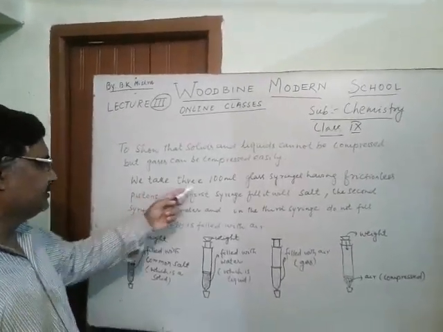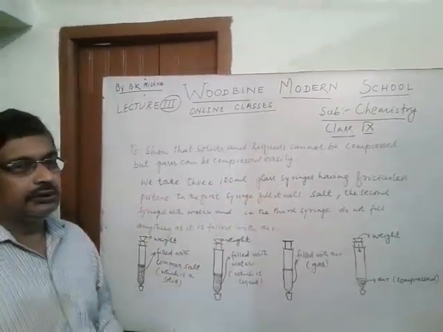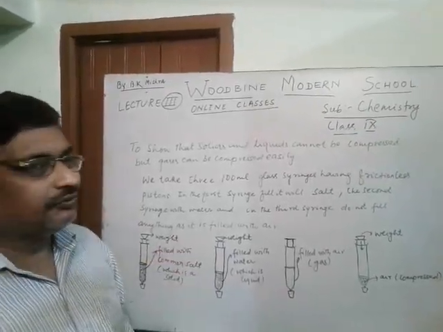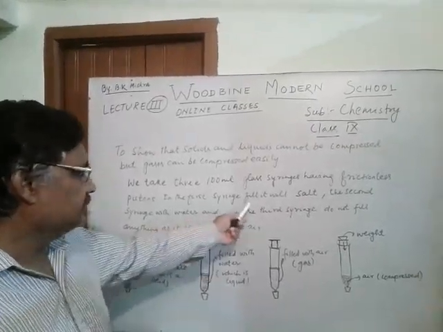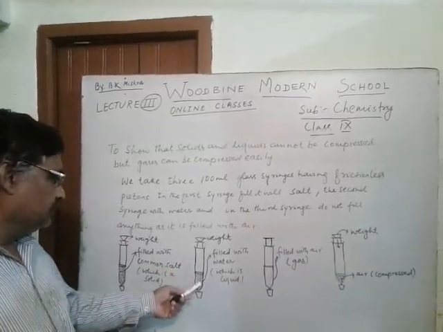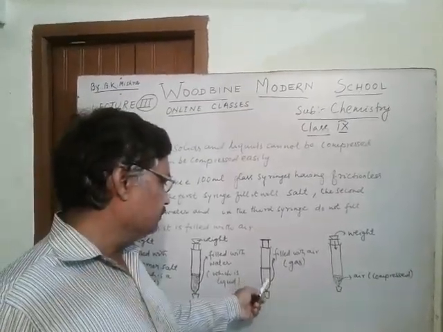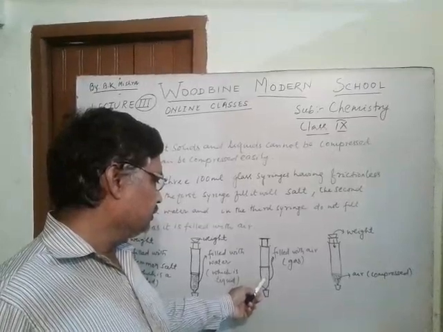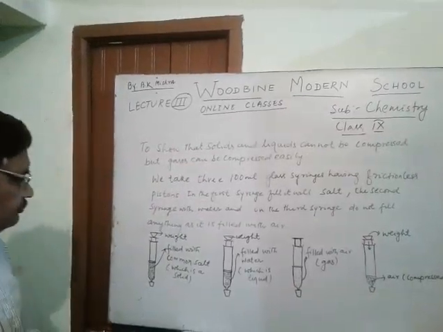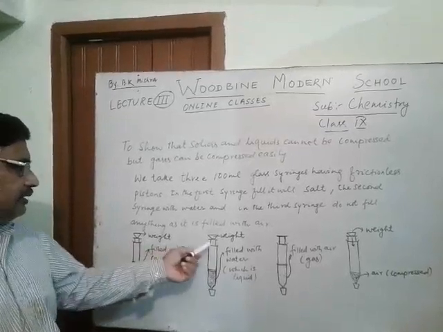For that we take 300 milliliter glass syringes having frictionless pistons. We apply a little Vaseline onto the pistons so that they can move freely. Now in the first syringe, fill it with salt, and in the second syringe, we fill it with water, which is a liquid, and in the third syringe, we have given nothing into it because air is inside, which is a gas. Now we apply a 50-gram weight on the pistons of all the three